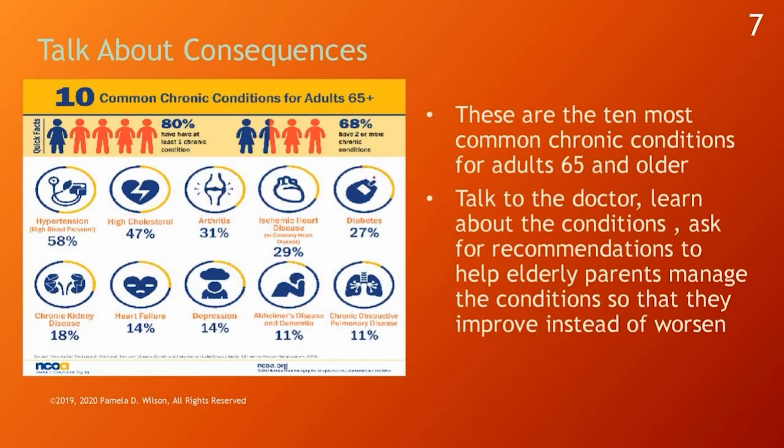Begin by identifying which conditions your elderly parents have. Identify what conditions you might have. Talk about the consequences to help your elderly parents become motivated to improve lifestyle habits. Consider the same for yourself. For example, we know this. Heart disease can lead to clogged arteries. Managing cholesterol and triglycerides and weight are measures to manage heart disease.